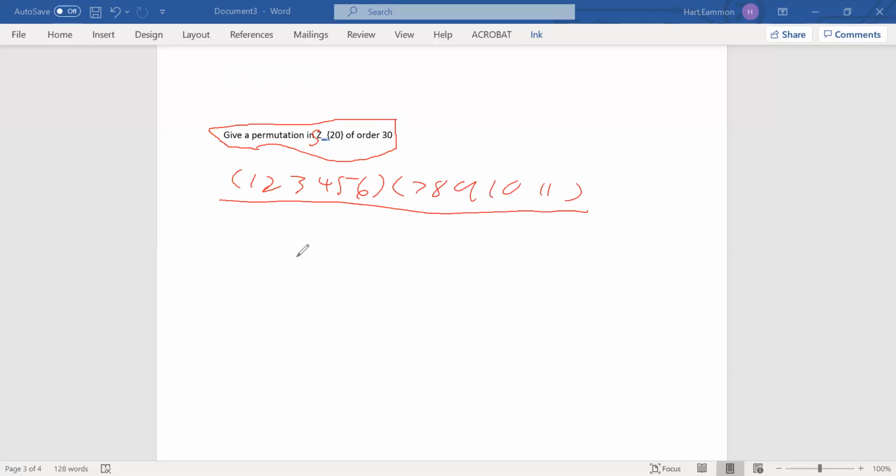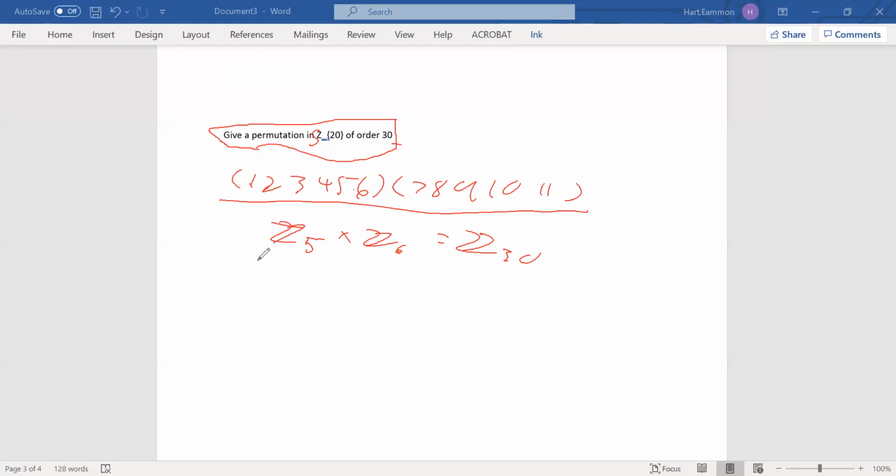This guy right here is going to be a permutation subgroup of S20 such that it'll be order 30, because this guy is going to run through, every time I go through 6 cycles, it's going to get back to the start. And this guy, every time I run through 5 cycles, it's going to get back to the start. So it's basically like I'm doing Z5 cross Z6 when they're independent of each other, which is equal to Z30, because